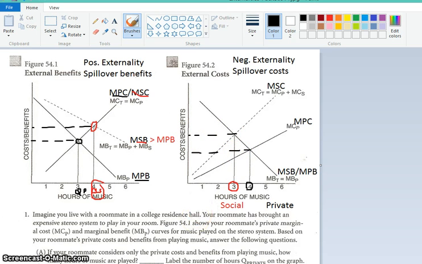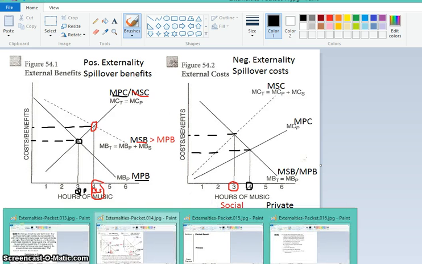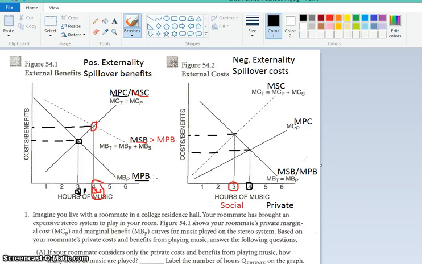Interesting. Now let's talk very quickly here about how we would fix these. So how could we, just thinking in terms of generalities, in this case over here in the negative externality, encourage people to produce less, to do less of this disturbing behavior? In the real world, maybe this would be like smoking in public or in places where people have to inhale secondhand smoke, where we would want to reduce that. What could we do? Think about some of the things that have been done. Anybody?